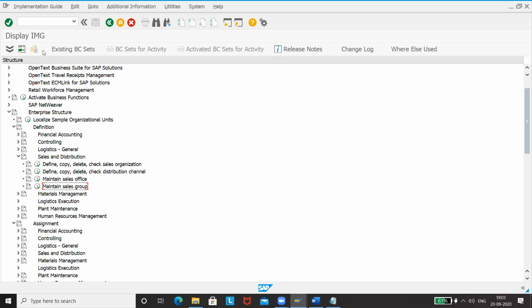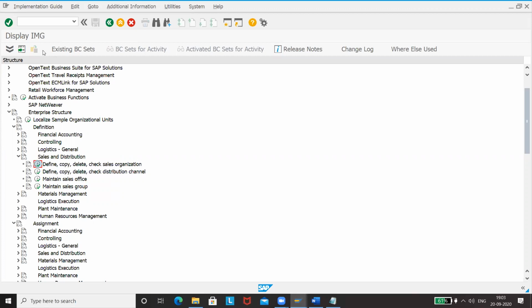And the sales group is the group of people. Let us suppose that in your office you have a policy of maintaining different groups. In that case, you will maintain this. Otherwise, it's not needed. But for our case, we'll maintain it. We will come across some situations, not in the immediate requirement, but at a later time, whenever we go for advanced things, we would need them. So please maintain these two as well, apart from these two. But these two are very important. Without these two, you will not be able to move further. So please maintain these things as well.